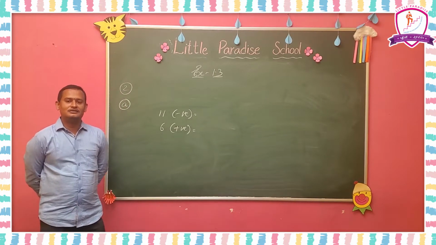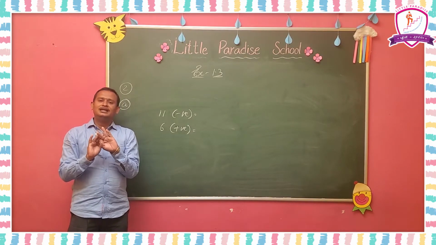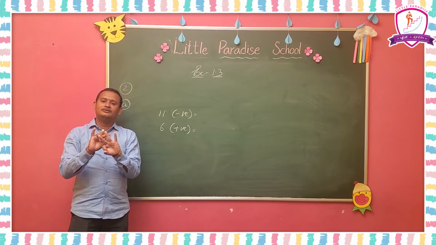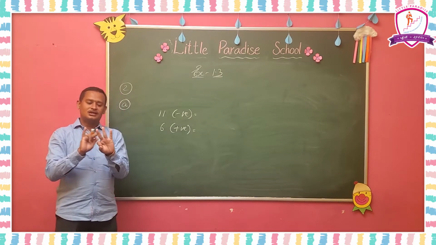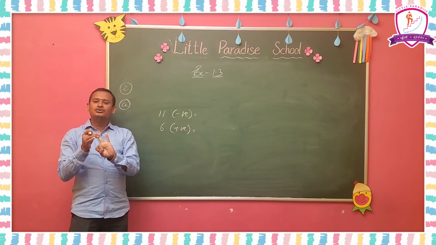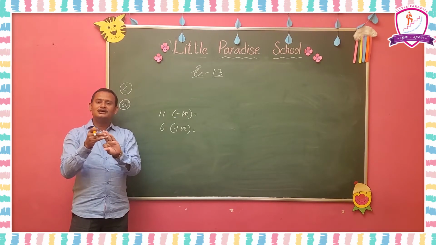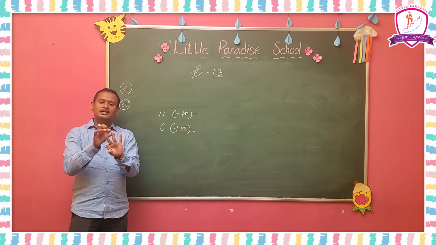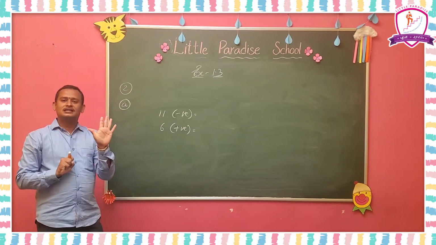Here, 11 negative integers means 11 is an odd number. I am going to do 3 negative integers here first. First negative into negative, minus into minus will become plus, again plus into another minus will become minus. So, 2 negative integers means minus into minus becomes plus. 3 negative integers means minus into minus into minus, minus into minus is plus, plus into minus is minus. 4 means plus, 5 means minus, 6 means plus.